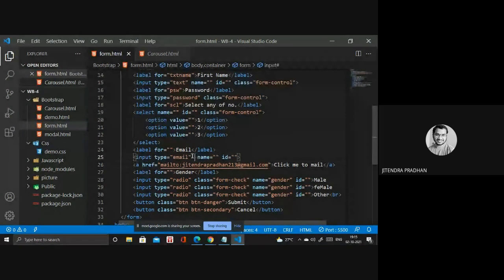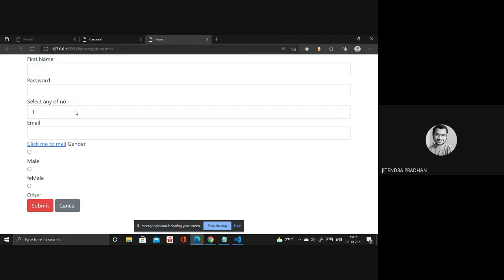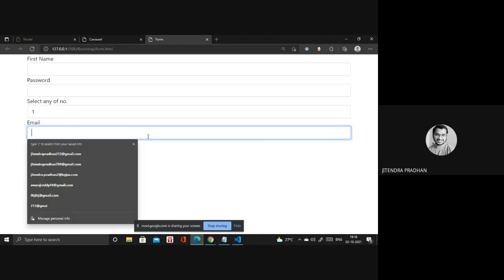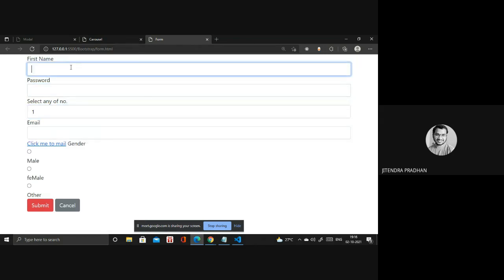So you have to use this class name, and we have something, form control. Done all the parts. We have many forms like email, selector, name, all these things are there.